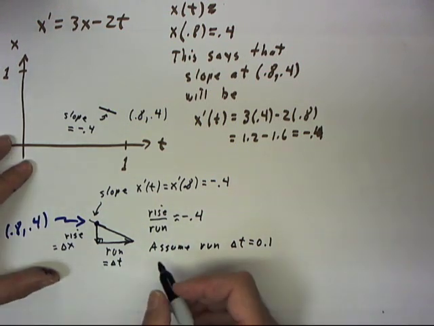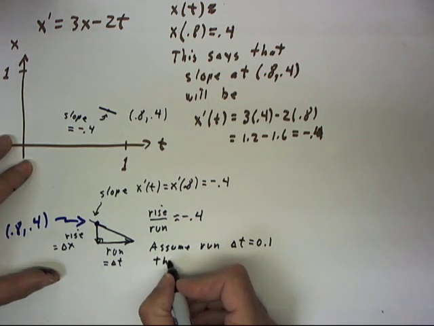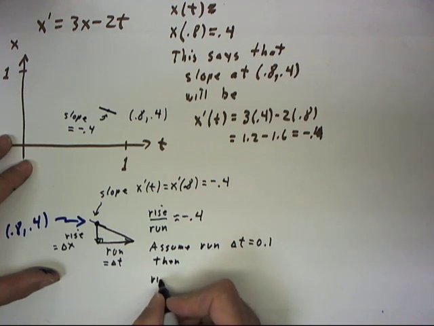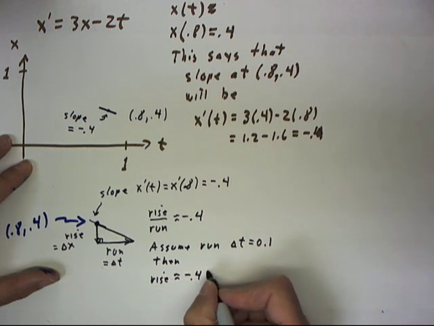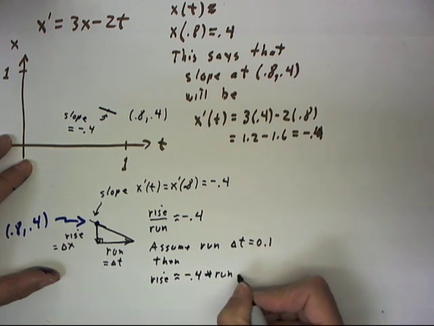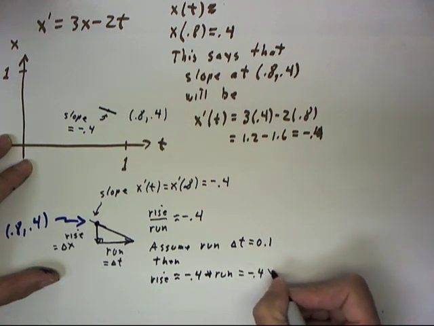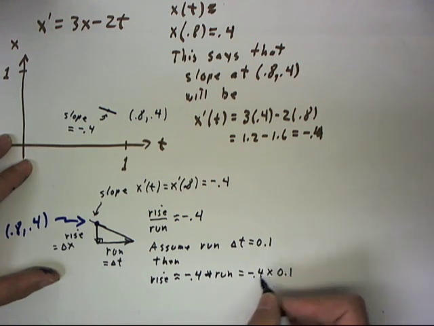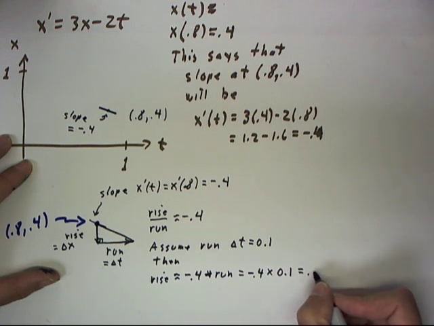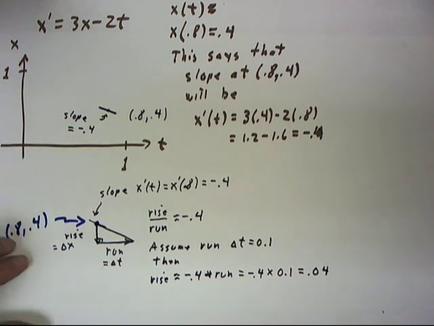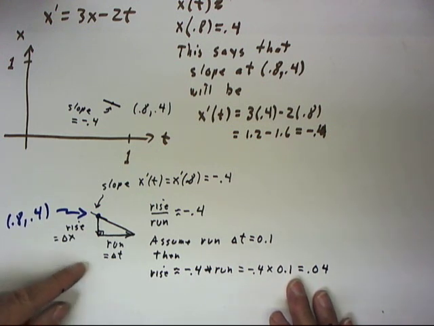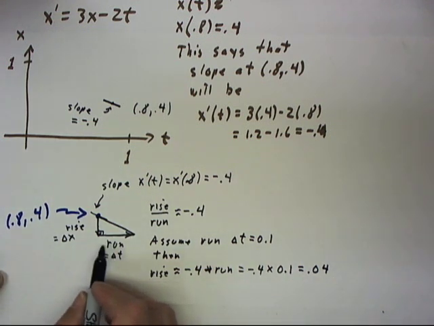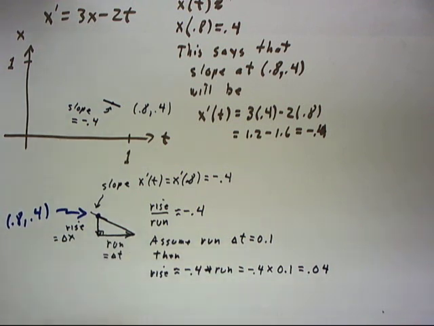What do we conclude? Well, if rise over run is negative 0.4, then our rise is going to be about negative 0.4 times our run, which is negative 0.4 times 0.1, which is negative 0.04. What does that do? Well, if we start at (0.8, 0.4) and move 0.1 unit in the t direction,